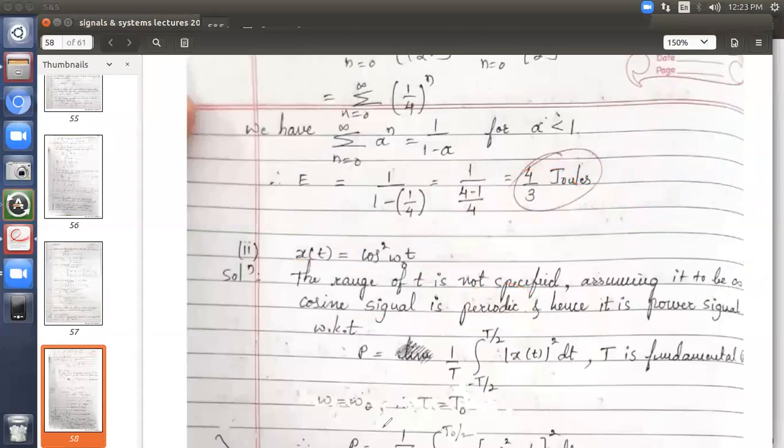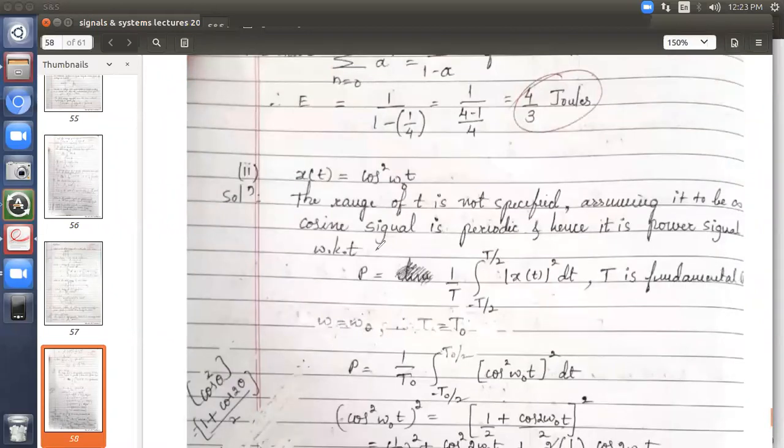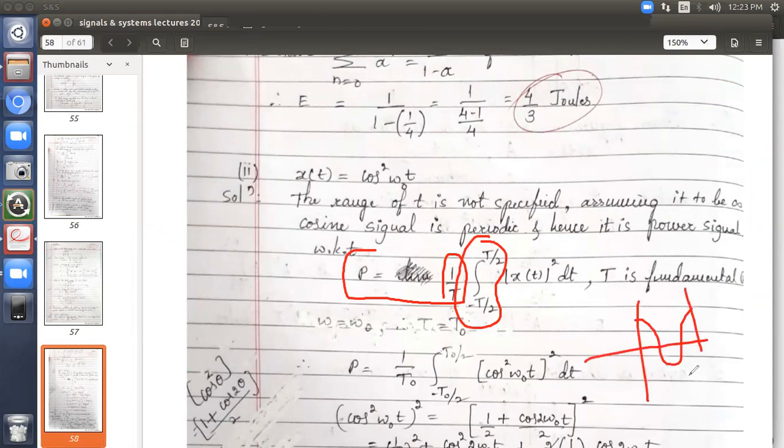So going with that, make use of the formula P is equal to 1 divided by T. We have to take the average because we can't do it for infinite. Take only one cycle and average it. 1 by T summation, either you take minus T by 2 to T by 2 or 0 to T, one time period. If I take a signal something like this, one cycle indicates T. So the range is between 0 to T. Either you take 0 to T or minus T by 2 to plus T by 2. It will not make much difference.